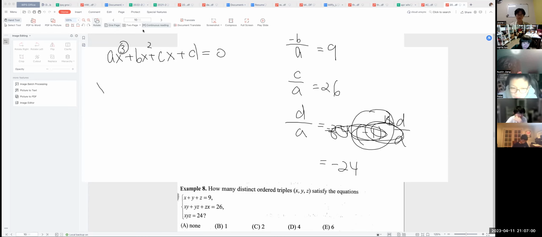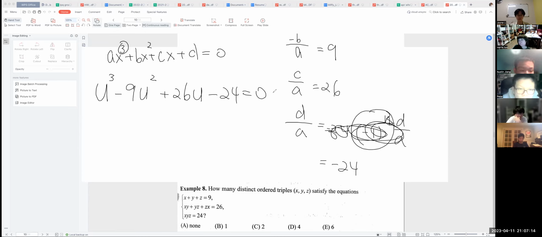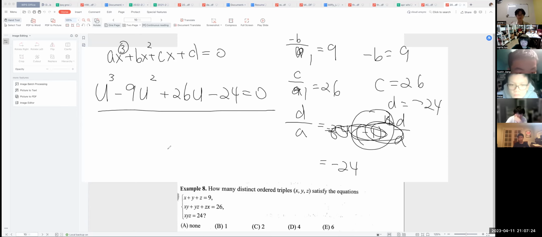Sorry, we're using u. Okay, so u cubed minus 9u squared plus 26u minus 24 equals 0. Correct, everybody? We let a equal 1, so negative b equals 9, c equals 26, and d equals negative 24, right? So we immediately have this one. Now that we have this, can we solve it? Then u